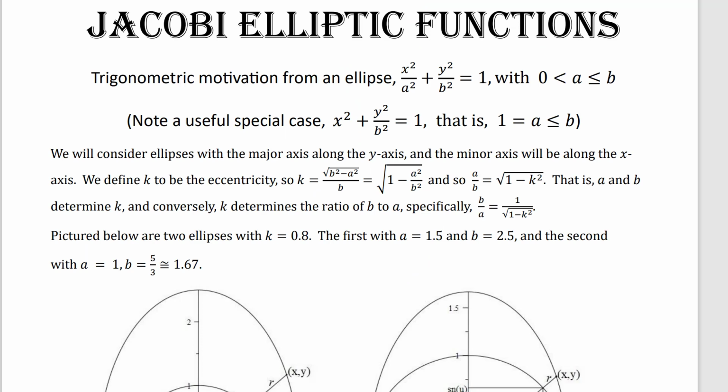So we're going to start with the major axis along the y-axis, vertical, and the minor axis horizontal, along the x-axis. So we'll have x squared over a squared plus y squared over b squared equals 1, with b bigger than a. If b equals a, you get a circle and you get the regular trig functions. A useful special case is if a equals 1, and sometimes I'll use that, but I kind of want things in full generality. So we can have any ellipse,